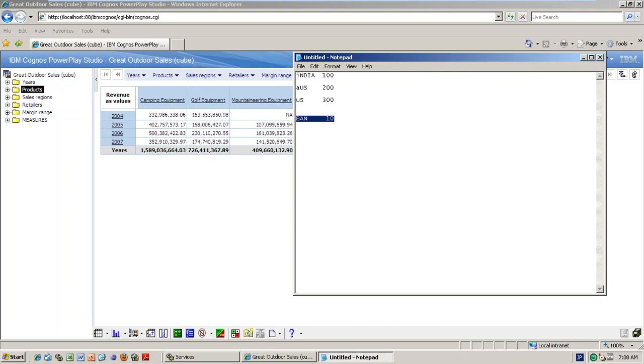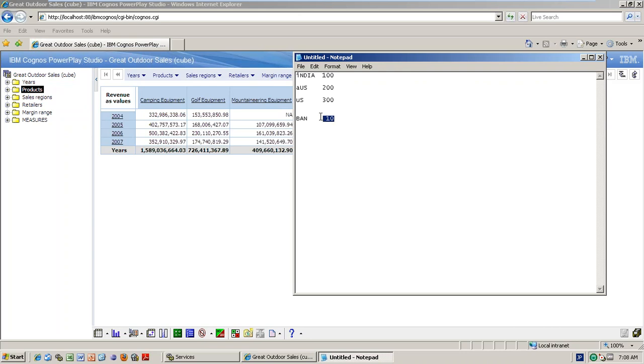80/20 suppression means even though it is not 0, it will be hidden. Why? Normally it takes priority countries only. If all the other countries are 100 and 100, but this value is only 10 or 15, then what is the meaning of analyzing that particular country? So do the 80/20 suppression, and it will give you the cream of the highest-level countries. Then you analyze it. Even though it is not 0, the Bangladesh data will be hidden. That is what 80/20 suppression is.